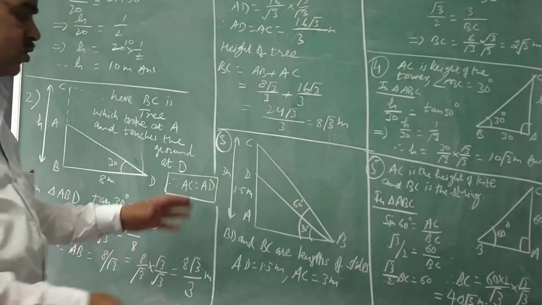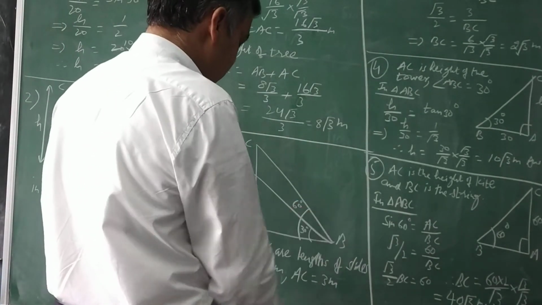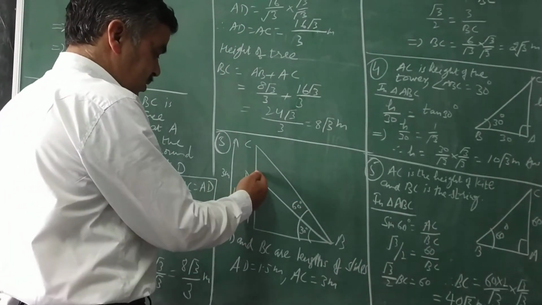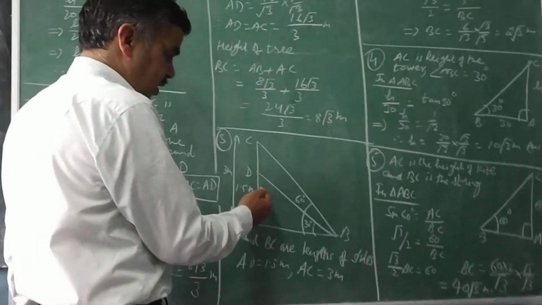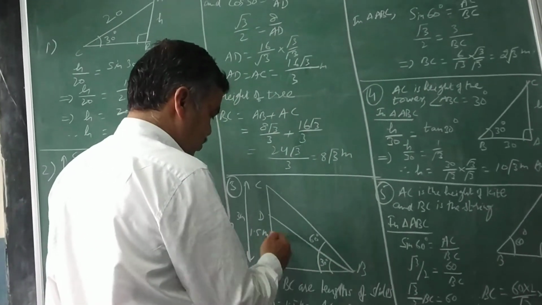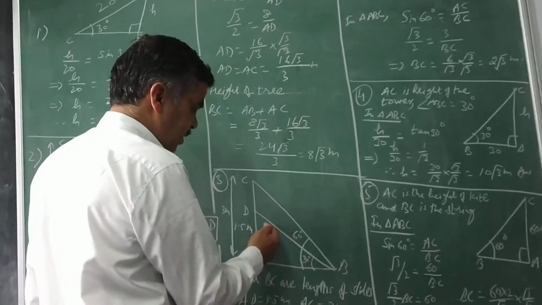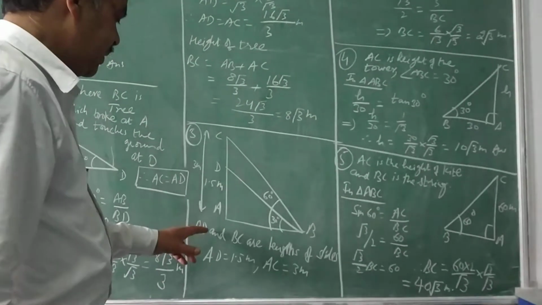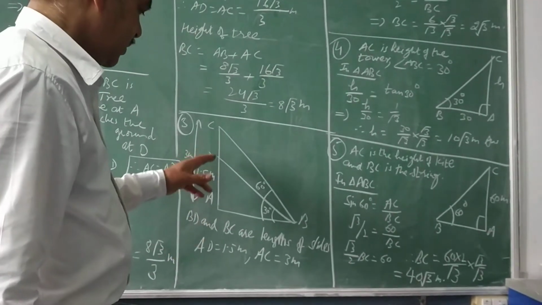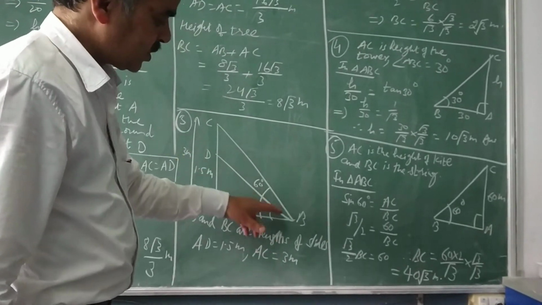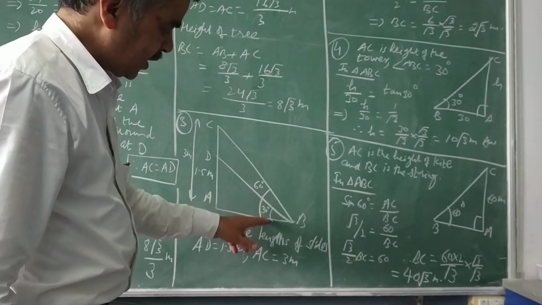So here is the situation. Within one figure I have tried to cover this. You look at this. This is the AD and this is BB. So one triangle I have drawn, this ADB, where BD is the slide. BD is the slide, and it is inclined at an angle of 30 degree.